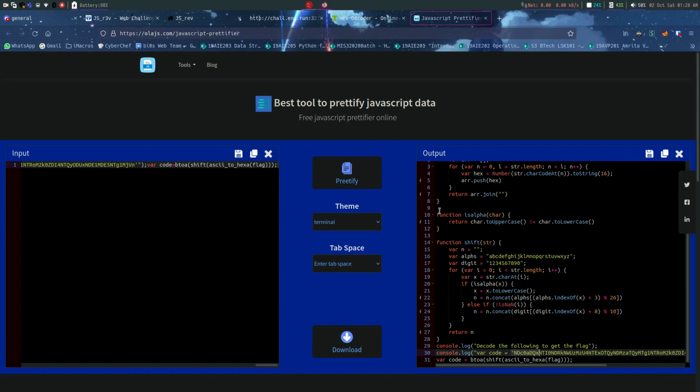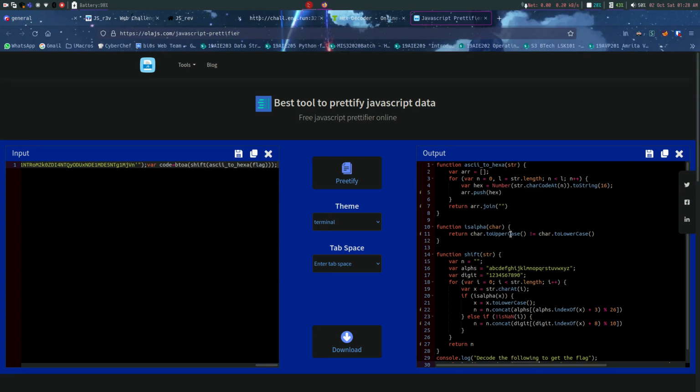So we have to understand what this code does. At first we have ASCII to hexa. There is this for loop which loops through all the letters of the string, takes each letter's ASCII value and converts it to hexadecimal. So it is basically hex encoding the string.